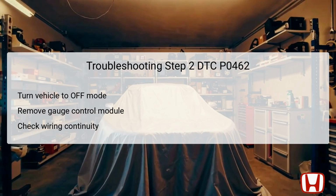Next, remove the gauge control module to access the wiring connections. It is crucial to disconnect both the fuel tank unit's 4P connector and the gauge control module's connector A32P to isolate the circuit. With the connectors removed, check for continuity between test points 1 and 2 as outlined in the